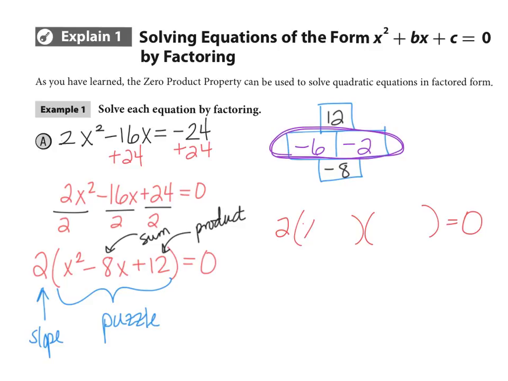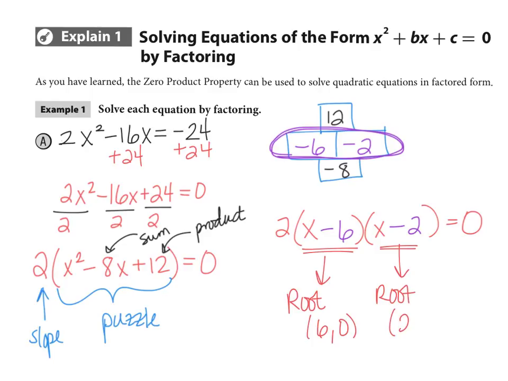I have x, and then my number is -6, so I say x minus 6. And then my other factor is going to say x with the other number I chose, -2. So notice those two numbers that you're picking, -6 becomes x minus 6, -2 becomes x minus 2. And now we can find our solutions. So from this, I have 2 roots. I have a root at, think opposite, 6, 0. And I have another root